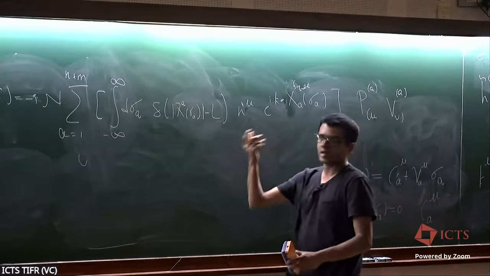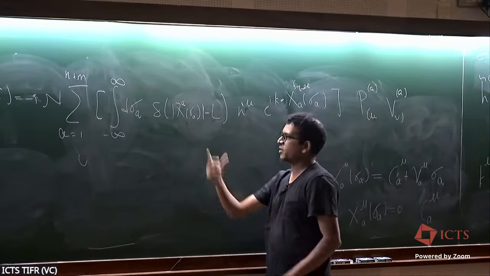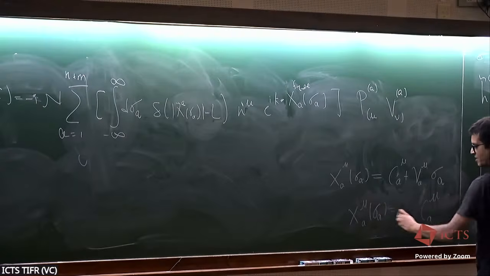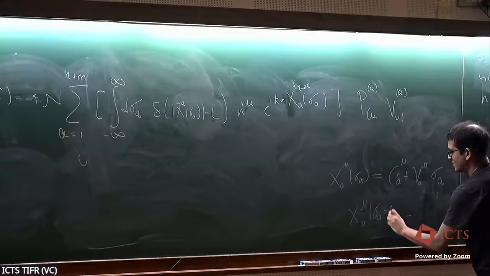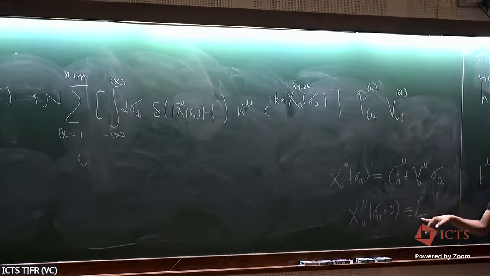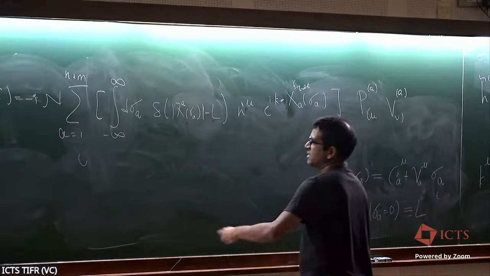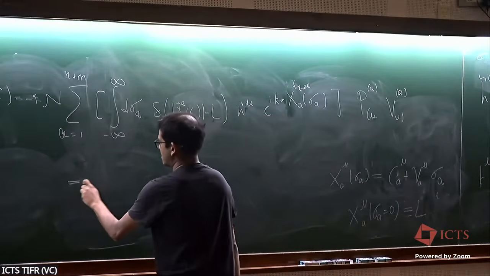And now I'll just skip one step because this delta function we know how to solve, right? Because we know this. Oops, what did I write? Xa sigma is not 0, Xa sigma is L. When Xa mu sigma A at sigma A equal to 0 is L. Sorry. So this is what the delta function is solving. But by the Jacobian rule, if you have delta of f of x, you have to do 1 over mod f prime x, etc. So if you do this, I'm skipping just one step of this delta function. When you do this, you just get